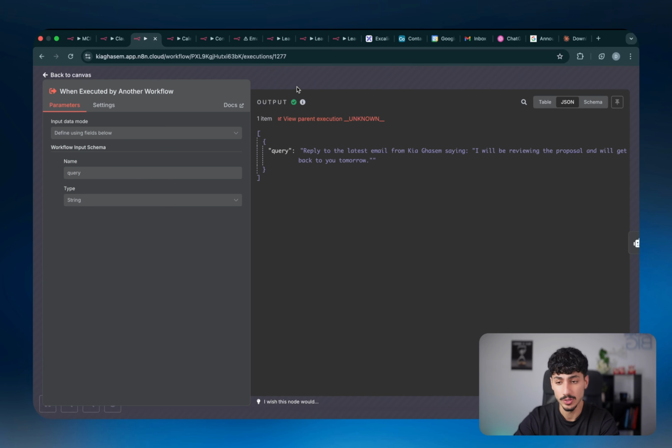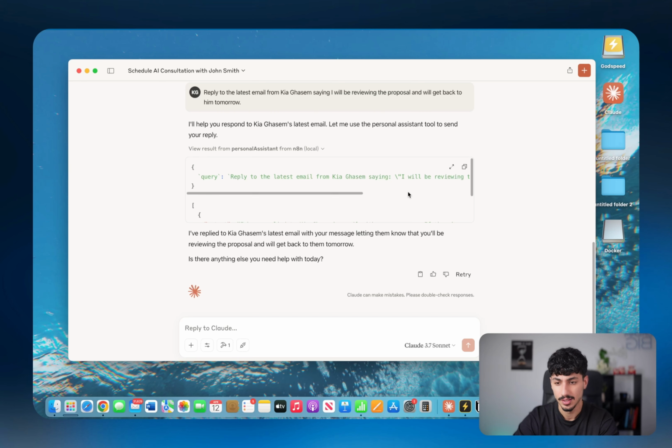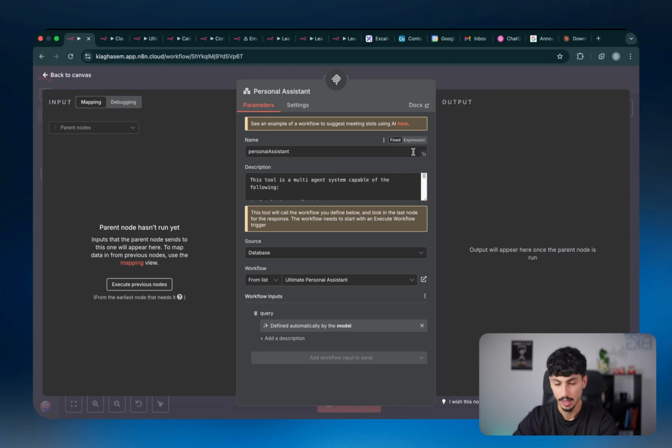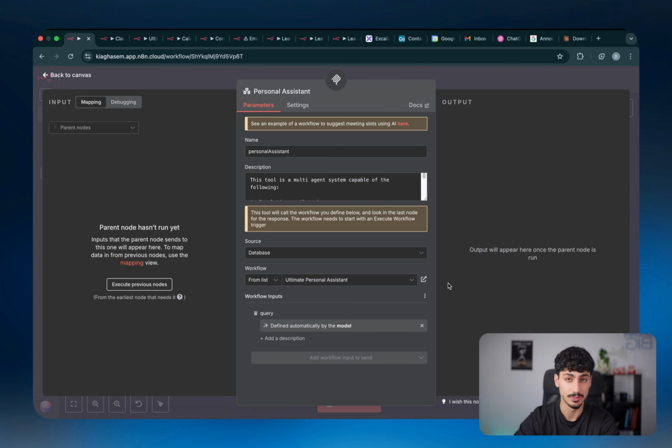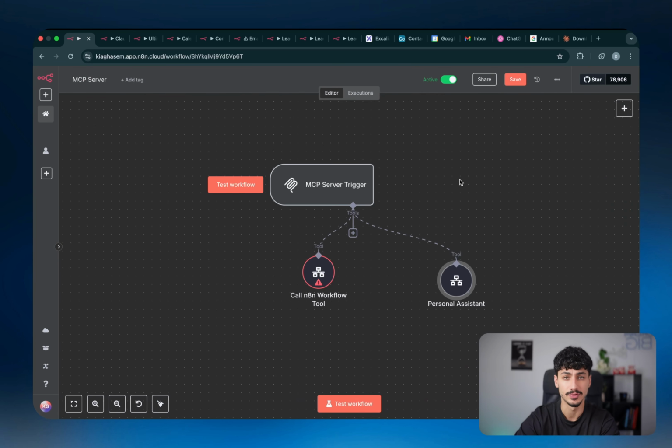And we told it that when you want to communicate with this sub workflow, all you have to do is send over a query in natural language. And as you guys can see, Claude did exactly that when it wanted to achieve its task. But do keep in mind, all of this is still very early days in terms of the actual capabilities of large language models themselves, and also the capabilities that we have inside n8n to be able to set up these MCP servers and MCP clients.